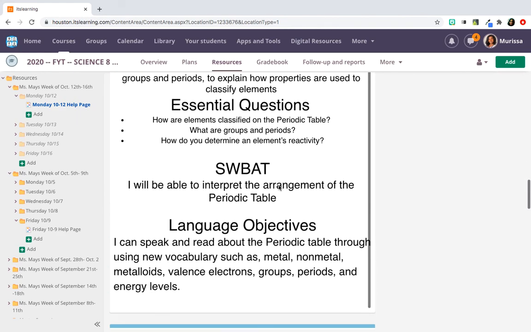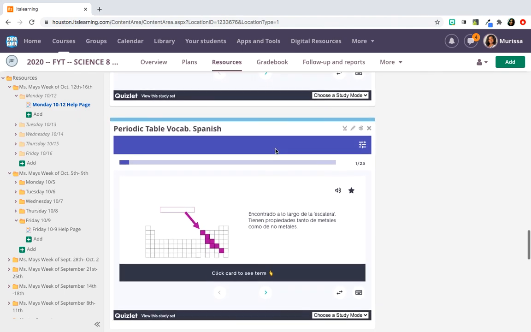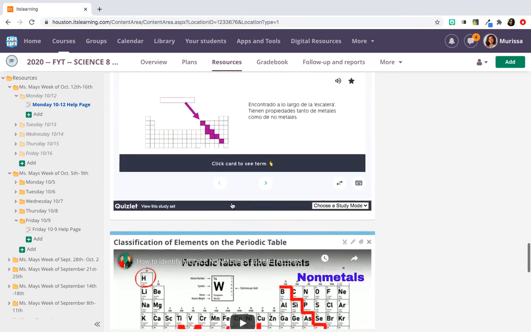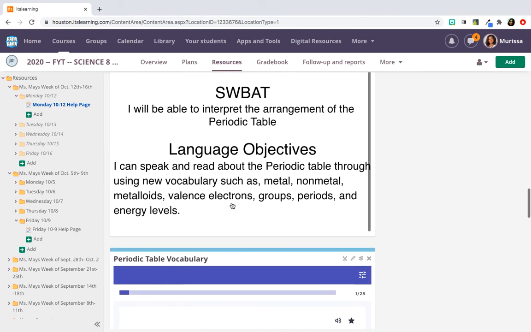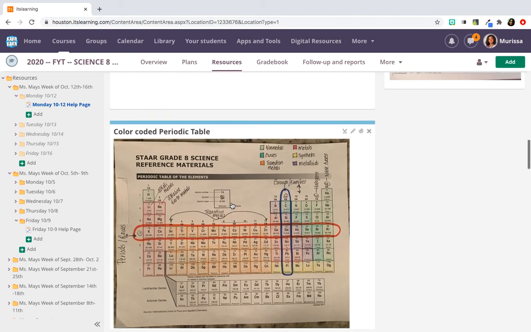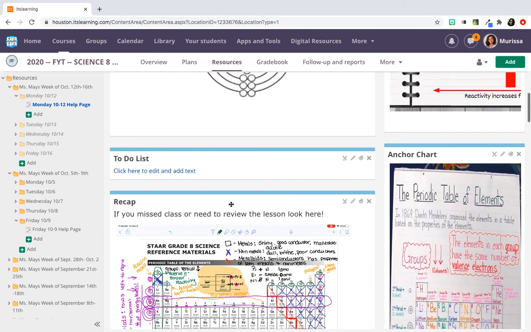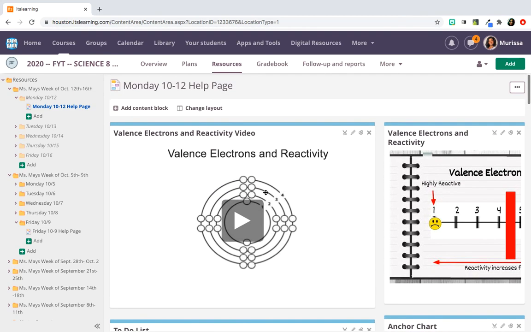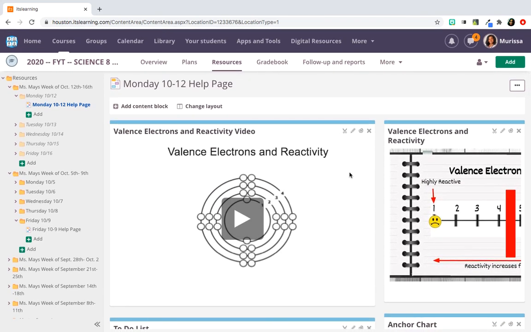Typically what I do is I'll edit the help page, and then once I edit the help page, I'll copy it to the next day, and then I'll add or delete elements and so on. This week is a test week, so mainly it's going to be review information on here. If anything, I may embed Kahoots or quizzes for the kids to practice. Basically, it's just going to be a study page. So, yeah. Now, in the Monday folder,